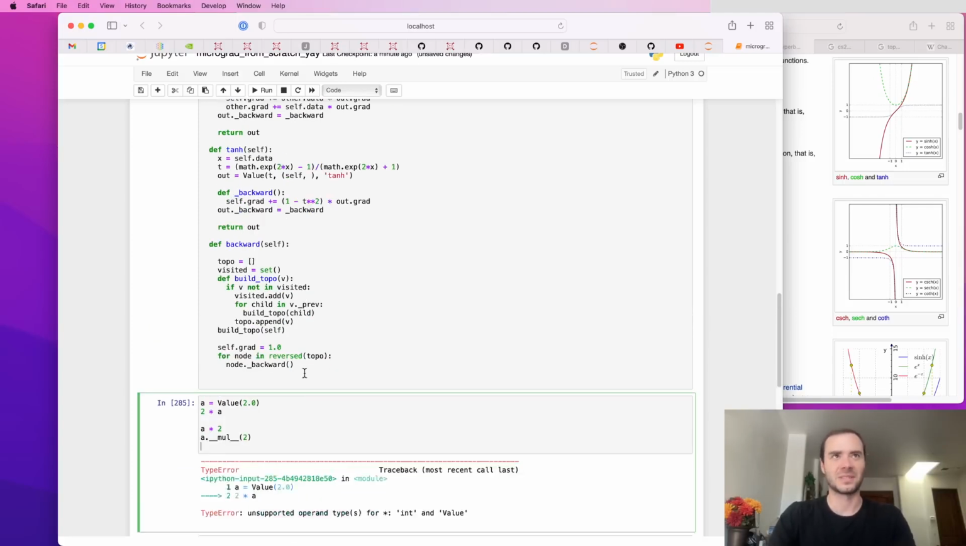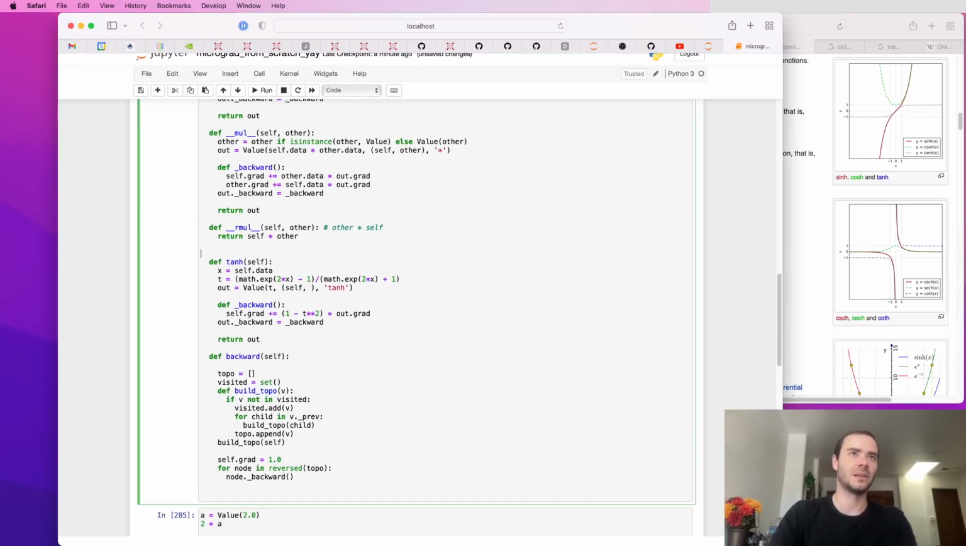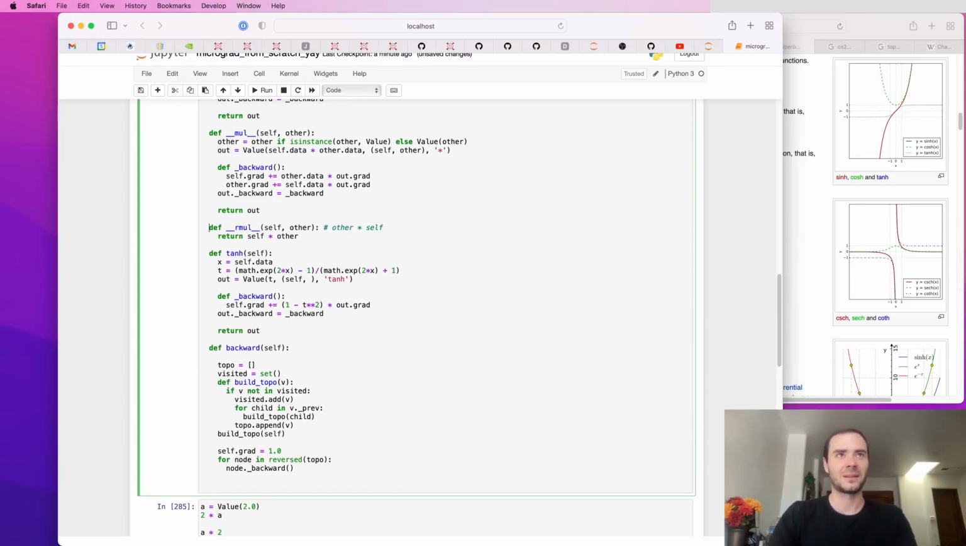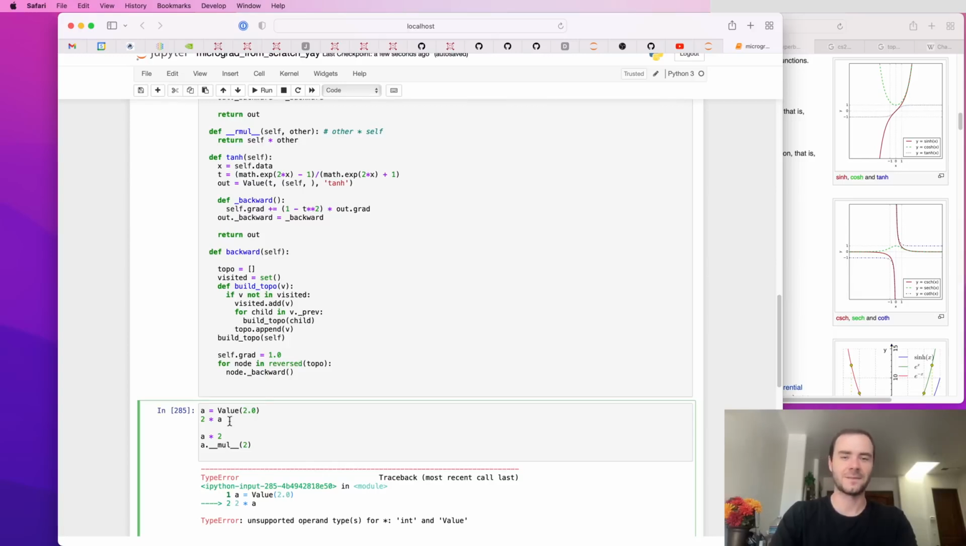So instead, in Python, you are free to define something called rmul. And rmul is kind of like a fallback. So if Python can't do 2 times a, it will check if by any chance a knows how to multiply it too, and that will